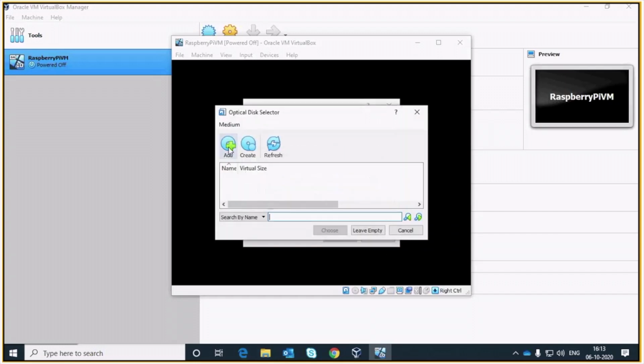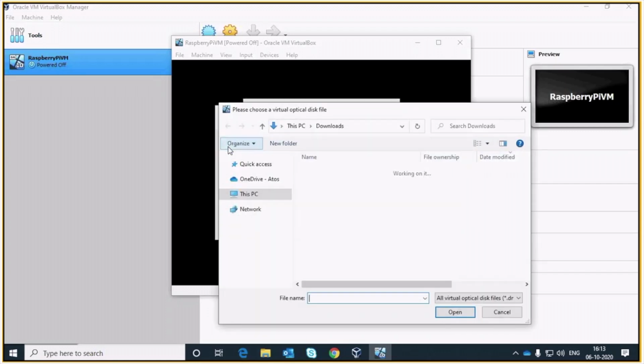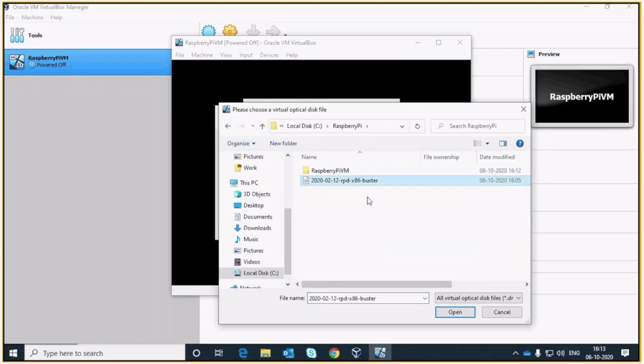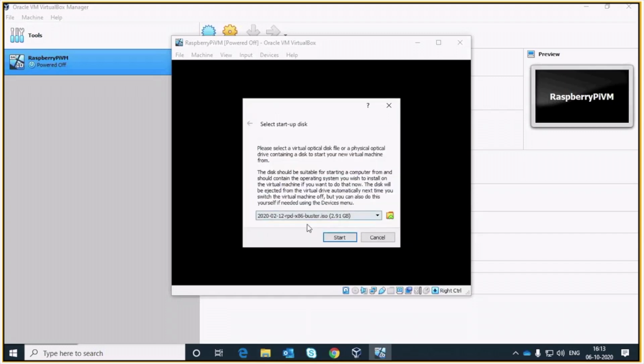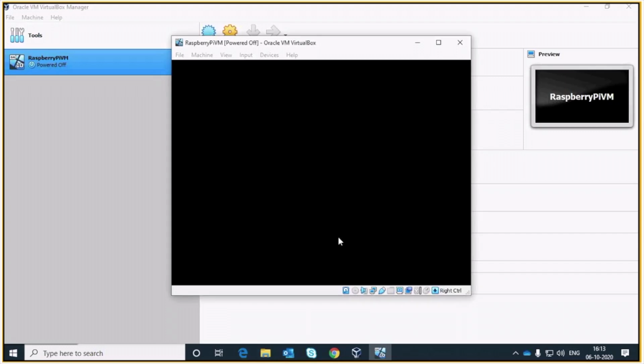Just click over here, add, give the path in the C drive, and this is our 2020-02-12 x86 32-bit Buster image file for Raspberry Pi. So we'll select this and then choose and then start.